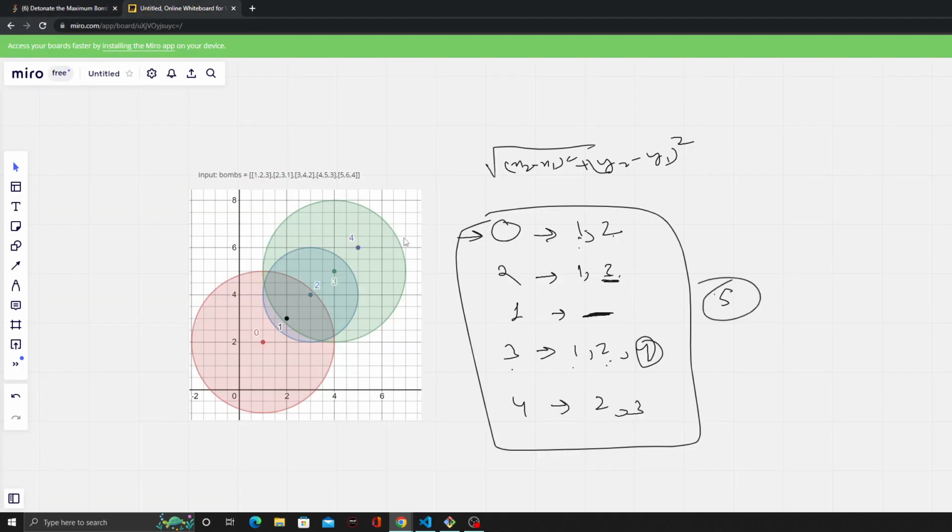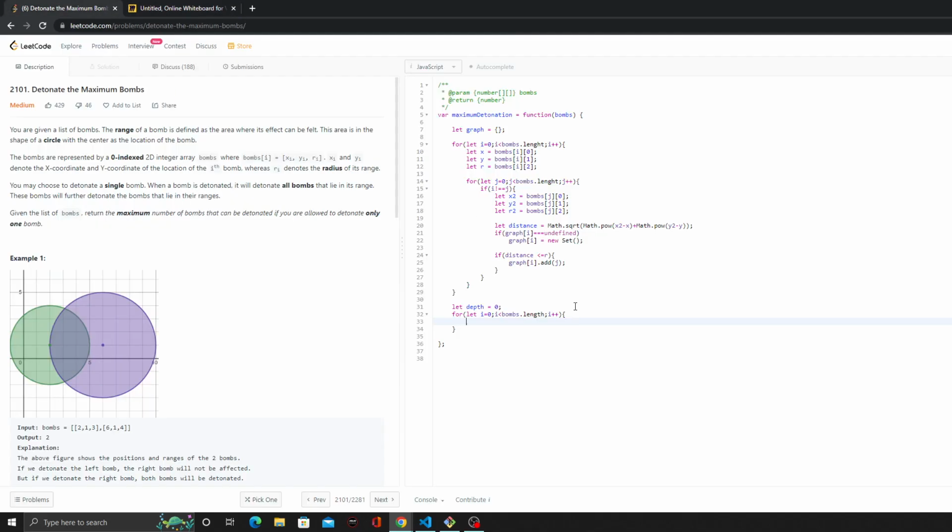One more thing is we need to keep track of what is already exploded. So suppose we are at 0, we explode 1 and 2. Now we go to 2. Now at index 2, we see that 1 is also getting exploded. But since it is already exploded, there's no need to recalculate 1. So we can directly calculate 2, 3. So for that case, we'll have to create some sort of a set. So that should be a visited set. We can name it, and let's say